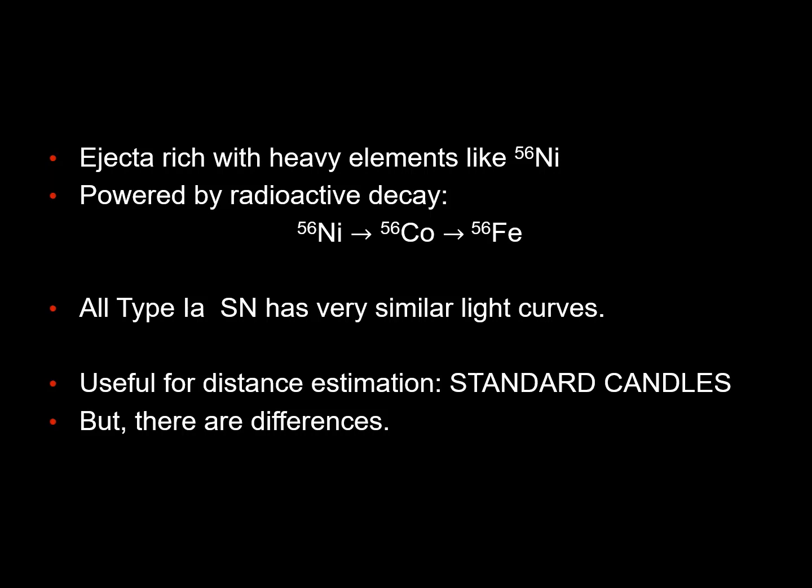But it has also been observed in studies that the light curves of these supernovae aren't all exactly similar. There are some differences. It is seen that supernovae having more metallic components are dimmer than their counterparts having less metallic components. Also, the light curves in different wavelength filters appear almost similar, but once we go to higher wavelengths like red or infrared, then there is some change in the light curve.